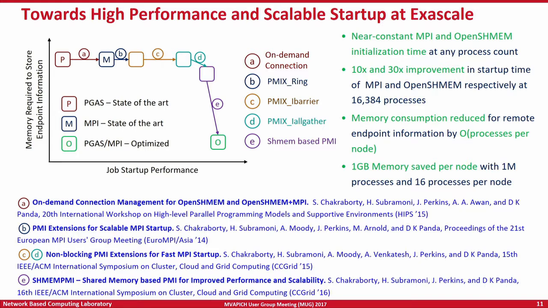And we have actually been able to save about 1 GB of memory per node when you go to very, very large scales. And this is a number that Dr. Panda showed yesterday. So imagine if you are running on Stampede and if your job took more than like 3 or 4 minutes to launch. Most people would think that the job hung and they would quit the job and go. So these are the kind of benefits that you can get if you are using the right MPI library and the right communication mechanisms as far as something as simple as a job startup goes.